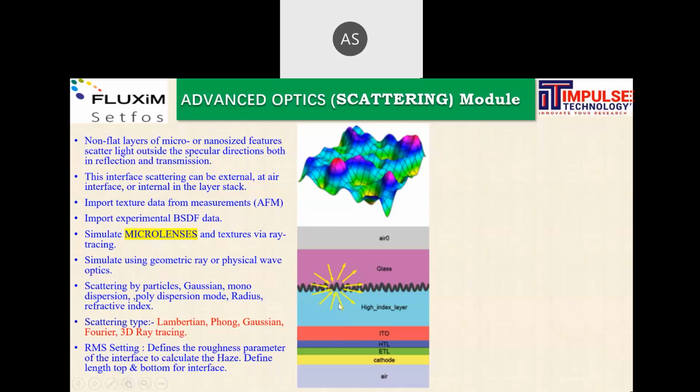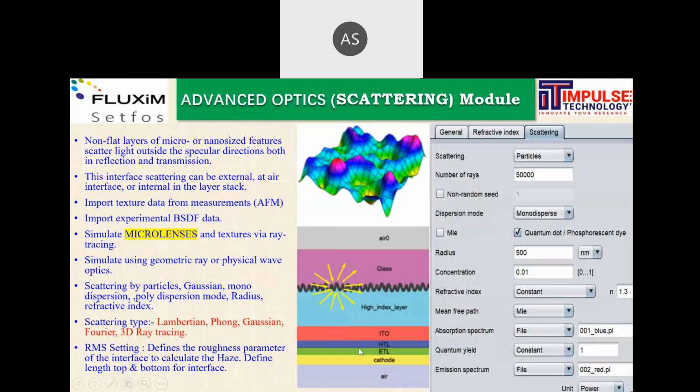And once sunlight enters your device, it will maximize the efficiency of your solar cell. In the user interface, you simply need to put in the input values. There is no need to write any script or any coding, which is very typical to remember. Here you simply get the user interface, so simply put in the values and the software will do the rest. You need to focus on your goal only, research. So you can see here how you can put in quantum dots, phosphorus dyes, monodispersions, polydispersions. The textured surface you can include in your device. So you can build such kinds of structures using this advanced module.